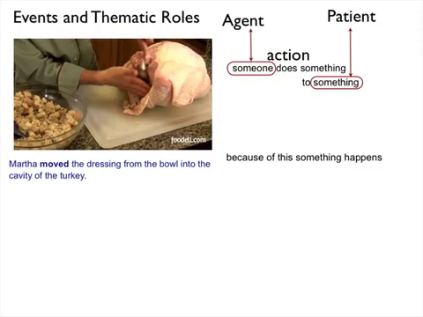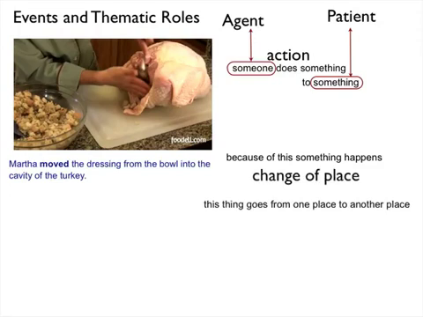Laws of physics, I think, right? If I do something to a ball, something's going to happen, right? It's going to hit something, it's going to break. There's a chain reaction that occurs. So something happens, so there's a kind of sub-event. And in this case, a very typical sub-event would be a change of place. Something goes from one place to another place. And the thing that undergoes the change from one place to another place is called